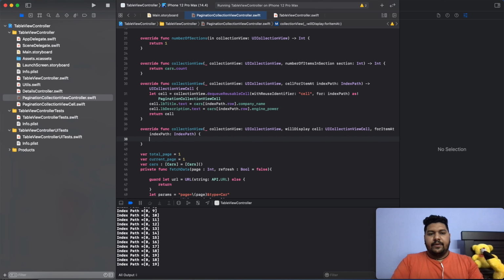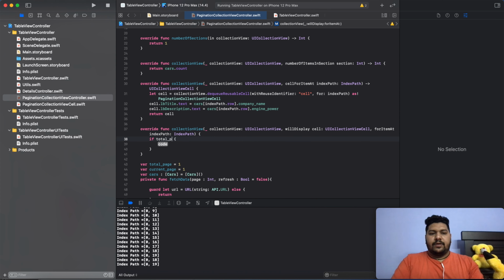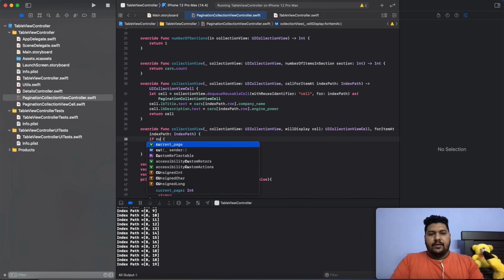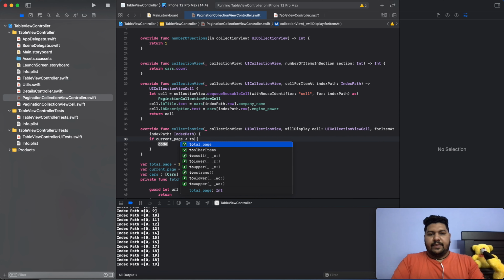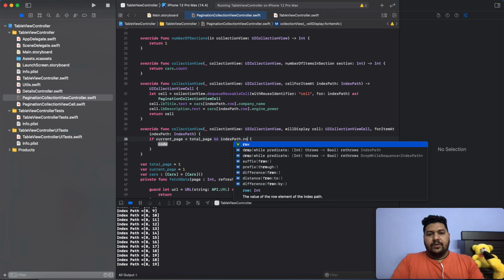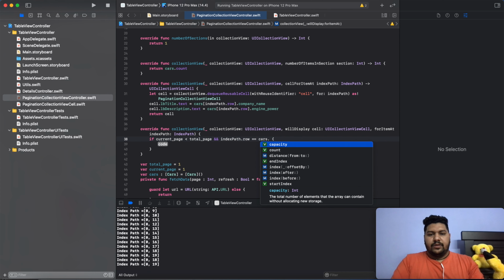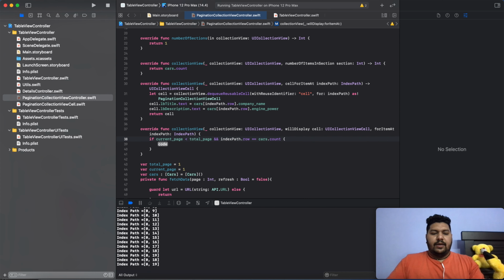Here, if my current page is less than my total page, and the second condition, indexPath.row is double equal to my cars.count, then we have to call the page.